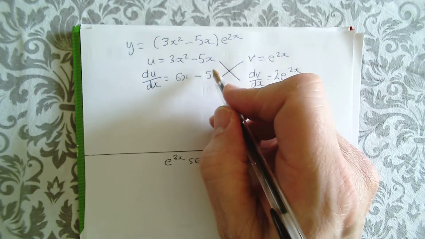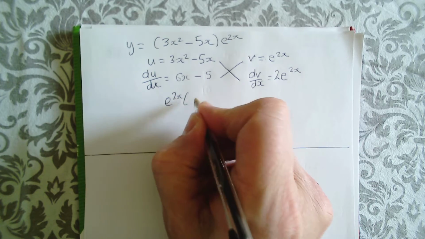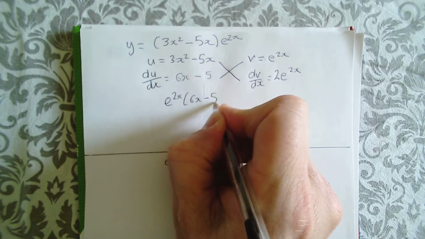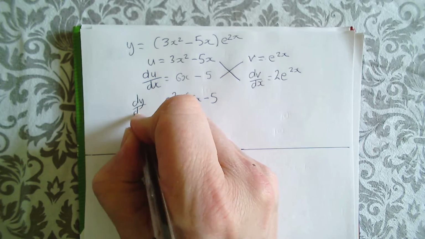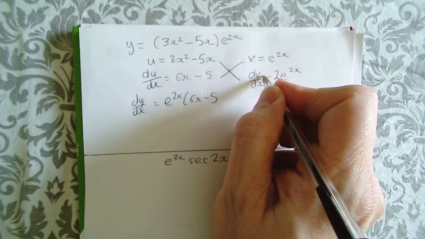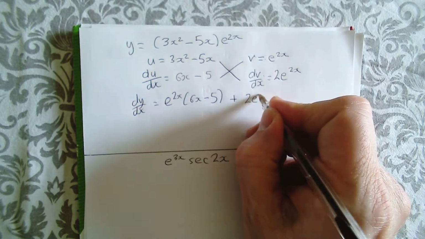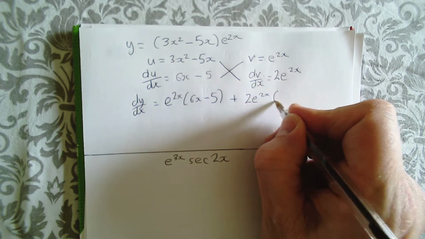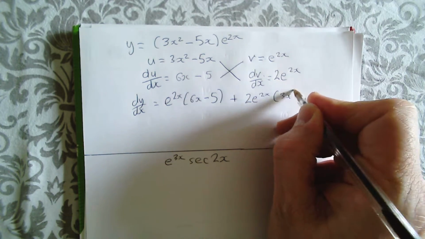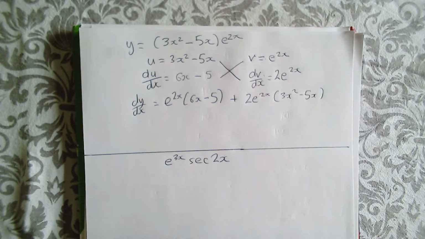So I've got v times du/dx, e to the 2x times 6x minus 5. Just put dy/dx here. So that times that plus that times that. Plus 2e to the 2x times 3x squared minus 5x. There you go. Now, we could leave it like that, but there's a good chance you might have to go